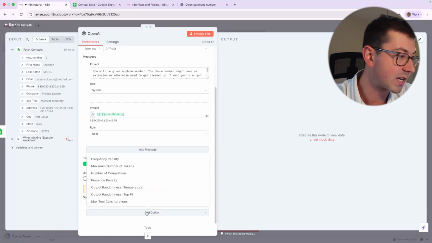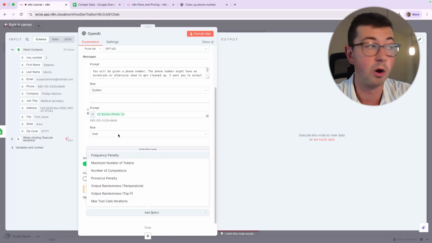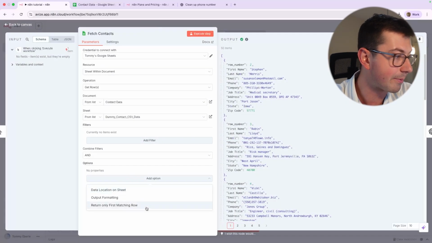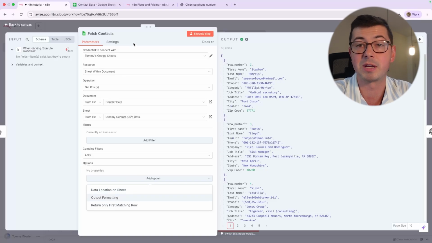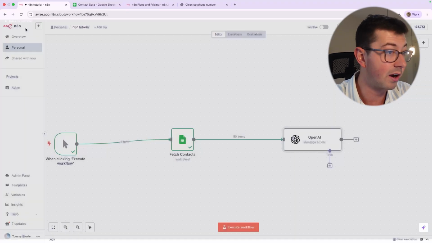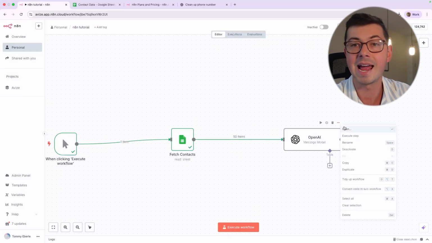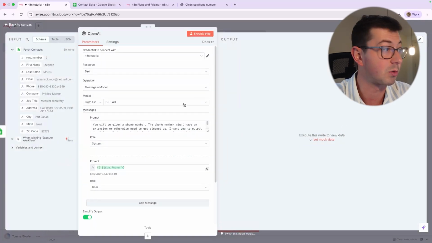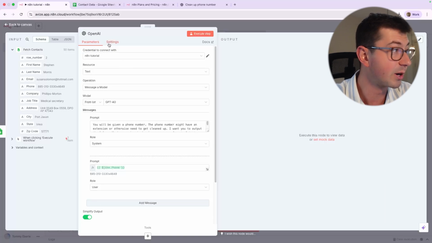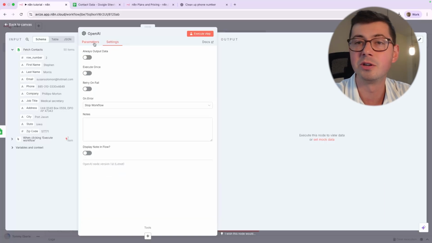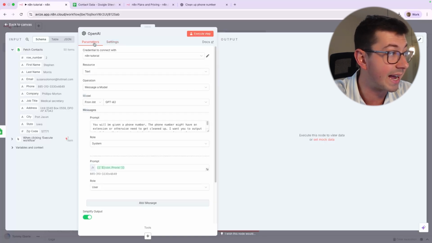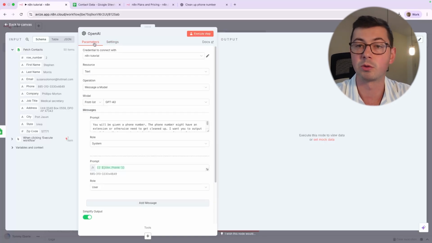There's a bunch of other options. Again, these are going to be specific to the node. So if we go back out of OpenAI and we go back into Google Sheets, all these options are different. And all these items are different because in this node, we're dealing with Google Sheets and grabbing data, whereas in this node, we are dealing with sending AI messages to ChatGPT and getting responses. So of course, all of this stuff is going to be different here. And there is a settings panel. This is going to be something that's standard on all of the nodes. We're not going to get into that today, but depending on what you're doing with the workflow, that might come